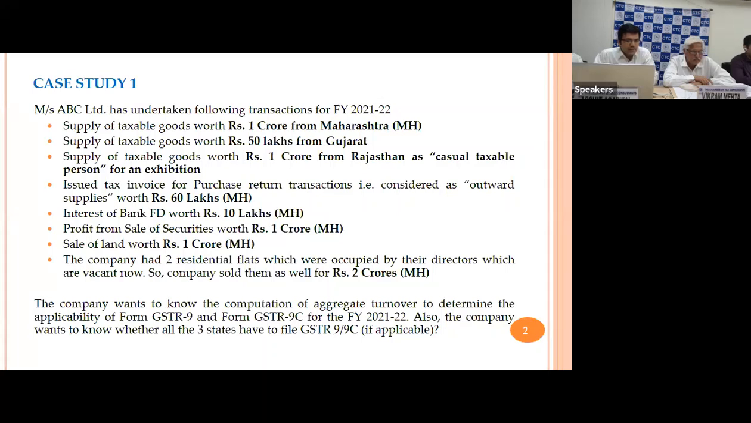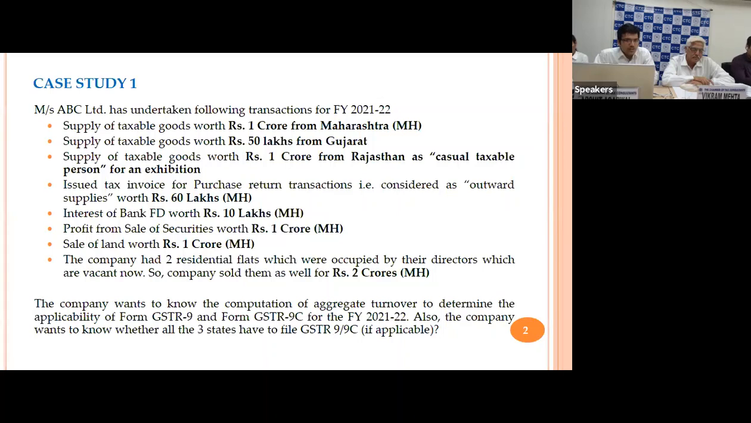Then there is bank FD interest. There is profit from sale of securities, sale of land. There are also a couple of residential flats which the company owns, which are vacant, so they have decided to sell them off. Now there is a question before the company, whether they need to file 9C for